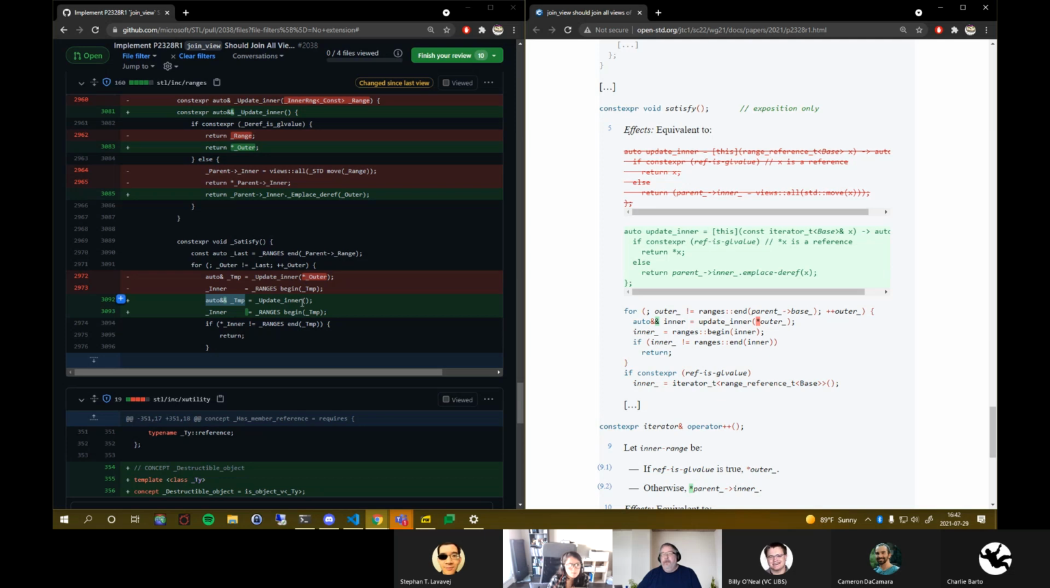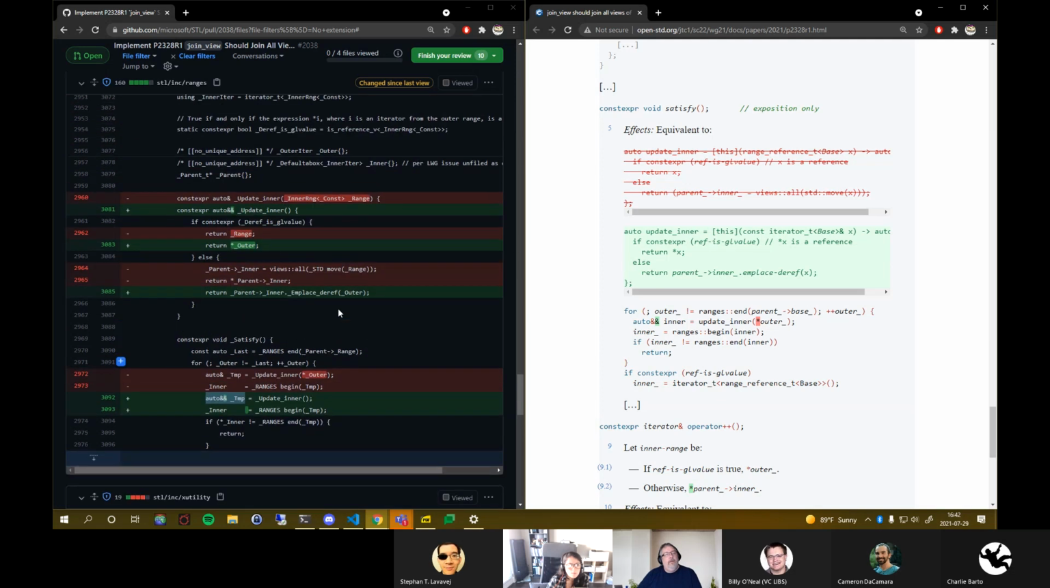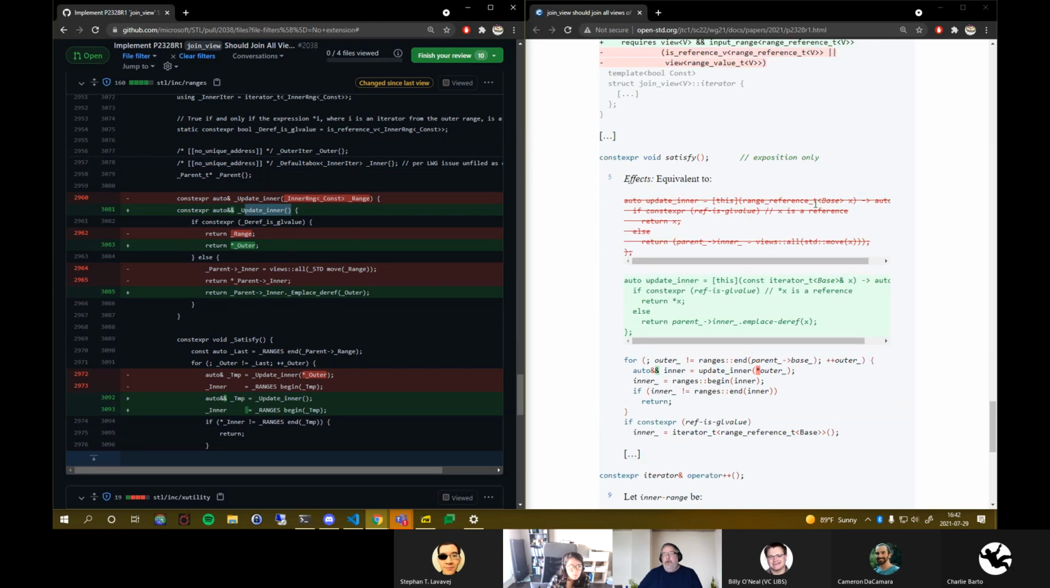And this is not passing outer at all to update inner. But that's okay, because outer is a member of the class, and our update inner is not a lambda, it's an actual member function. Ta-da! So the change to update inner hopefully is similar. This returns star its argument. And the argument was outer. Right. Our outer is a member variable, so we're returning star outer